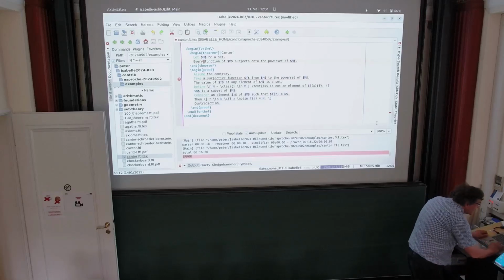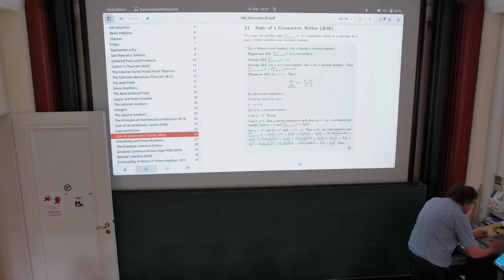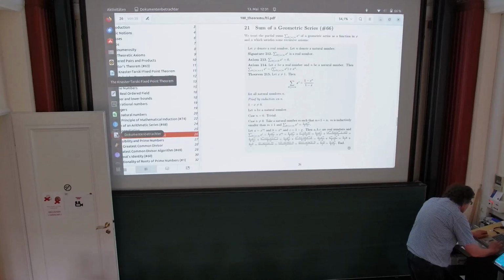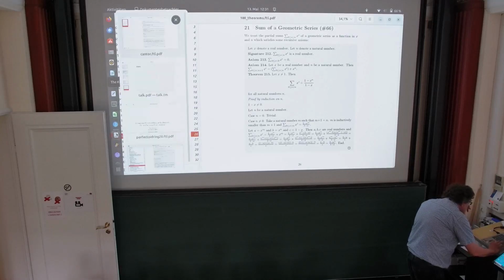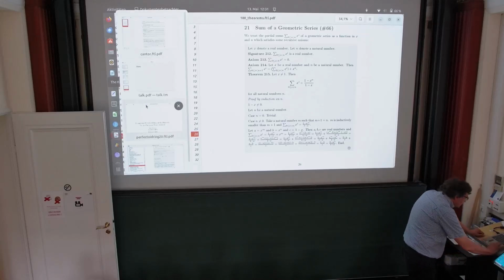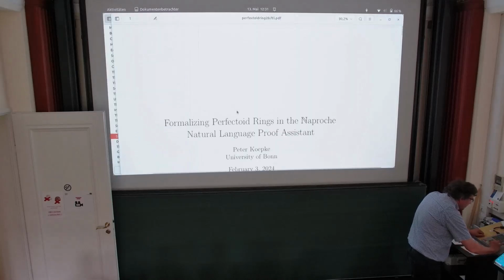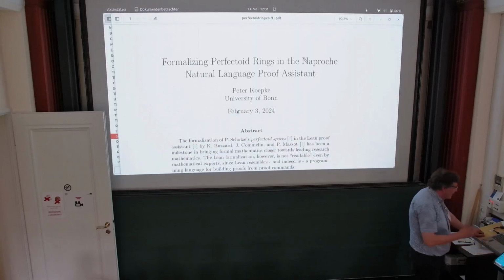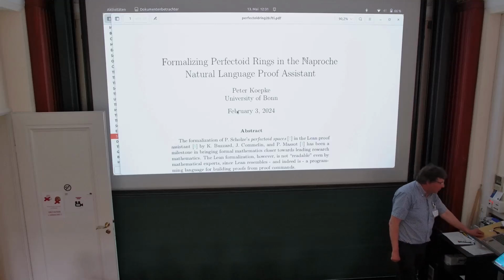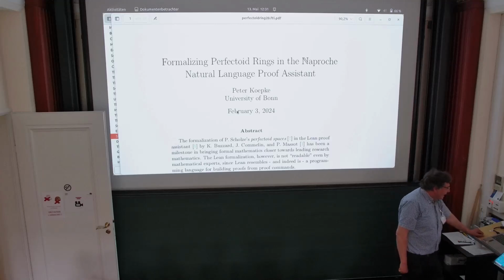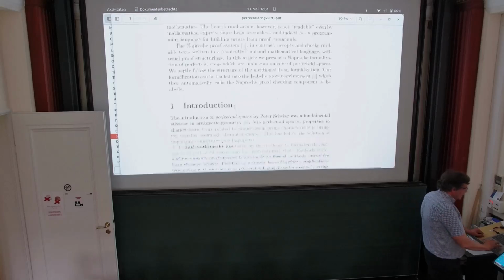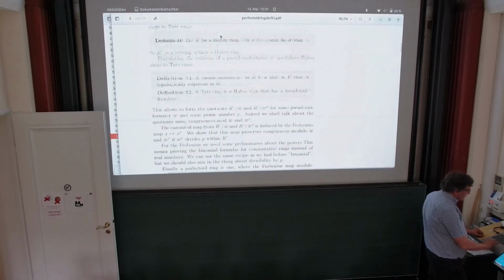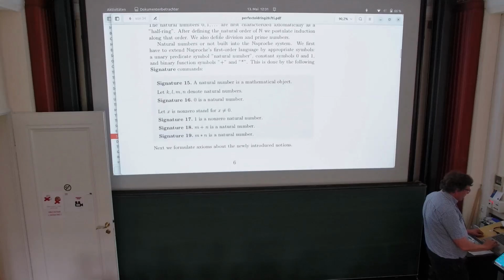Okay, so let's go back to the presentation. We are not shy of difficult mathematics. In Bonn, of course, we have to deal with perfectoid things. Perfectoid spaces are beyond, but perfectoid rings, for example, are done here in a longish document.